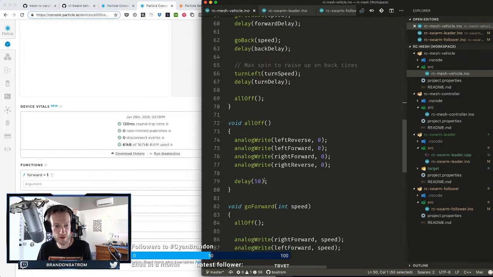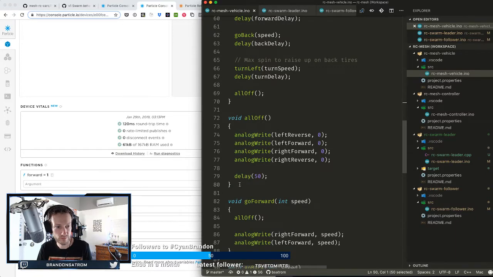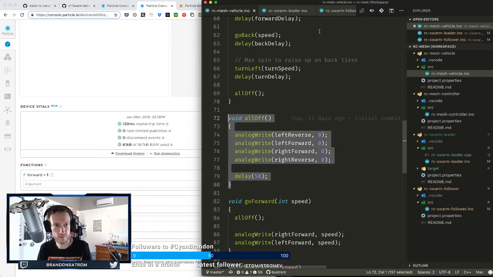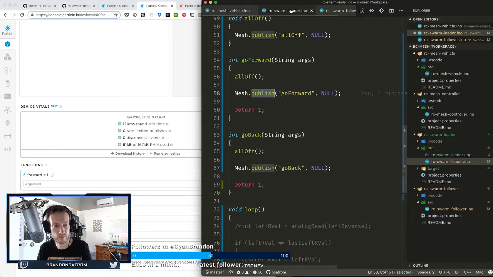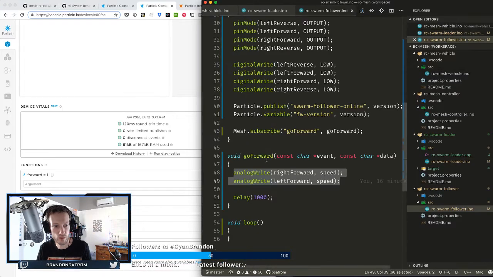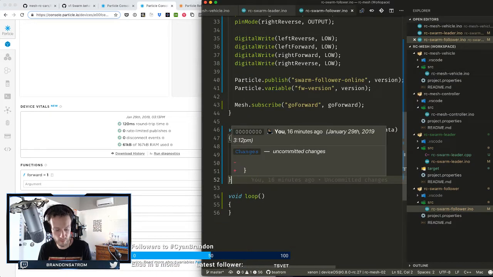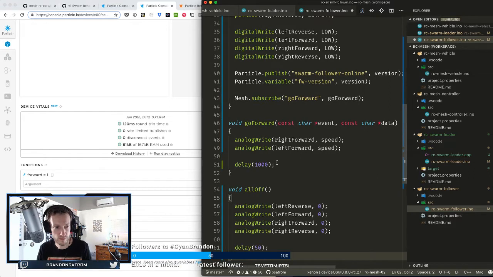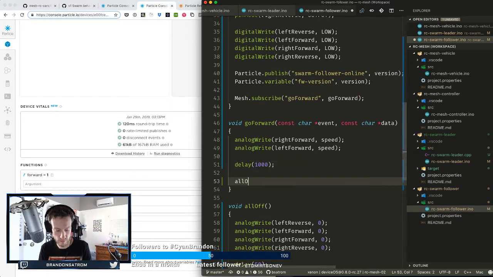Let's implement the all off function here in my swarm follower. Let me pull. Here's what I'm going to do. I'm going to